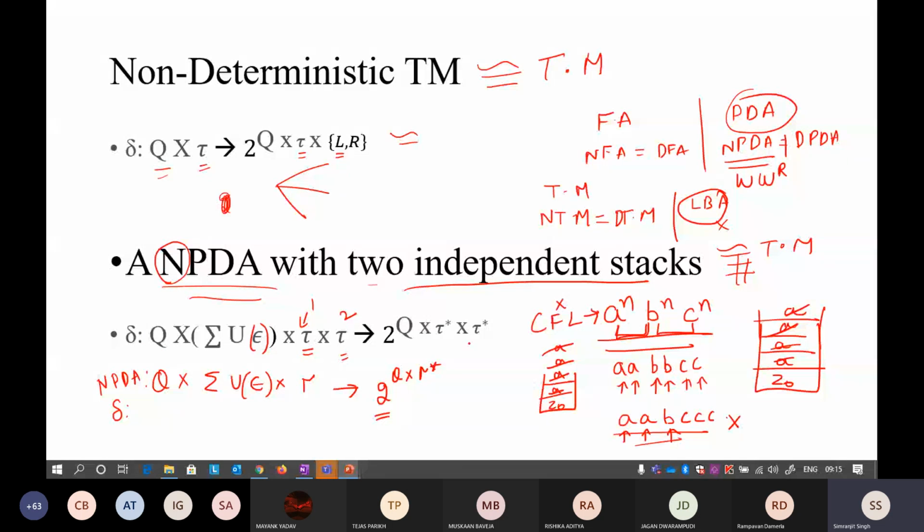If you are saying the transition symbol is also defined here, the only thing is that the two taus denote two different stacks. This T star denotes that you can either push or pop at a particular instant. So that is a very interesting property, that a non-deterministic push down automata can also act as a Turing machine if I increase one stack. If I increase one stack, it starts to behave like a Turing machine. That is also proven, so there is no need to check. If you want to check it, you can find it on the internet. There are many ways to prove this one. This is mathematically proven, you can check it.